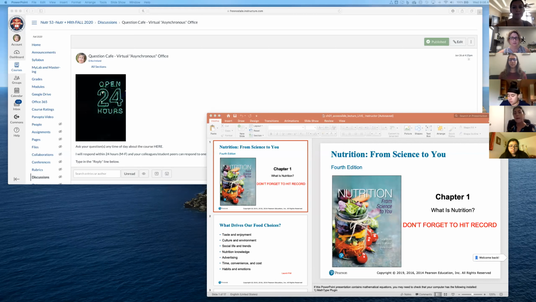So since we registered already with the onboard, how do we find the book? Oh, okay. Like, is it an online book? Yeah, it's an e-textbook. However, if you're also a learner that wants to have a hard copy book, you can order from the publisher. I don't believe the bookstore's offering it anymore, but the publisher will allow you for like $15 to mail you a loose leaf copy of the book itself.